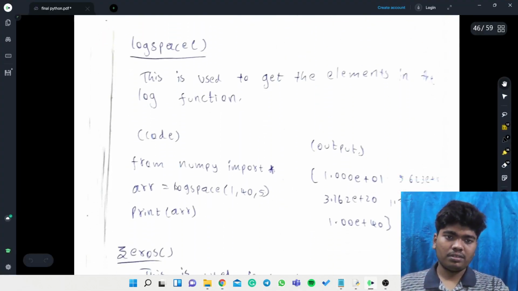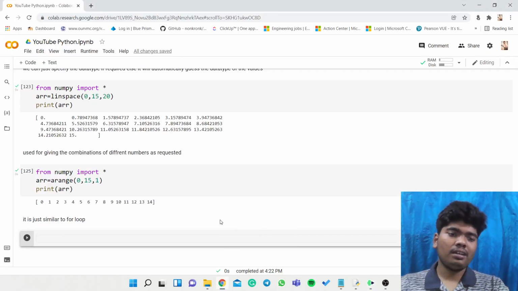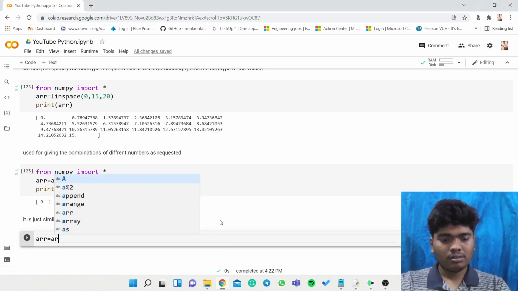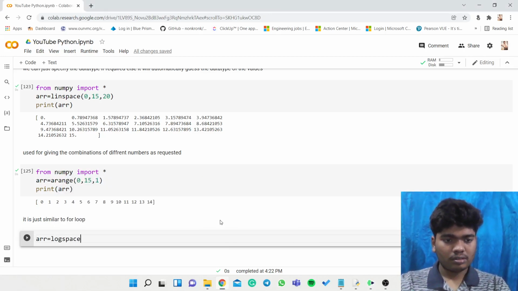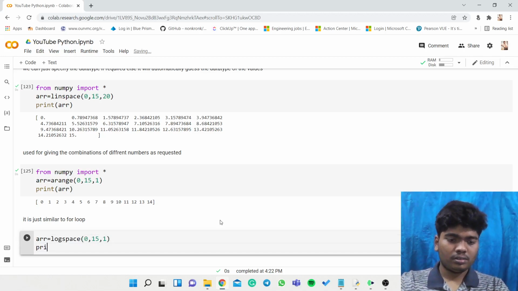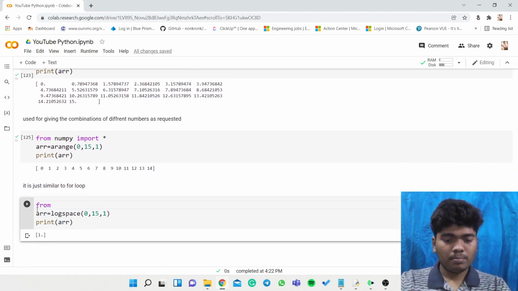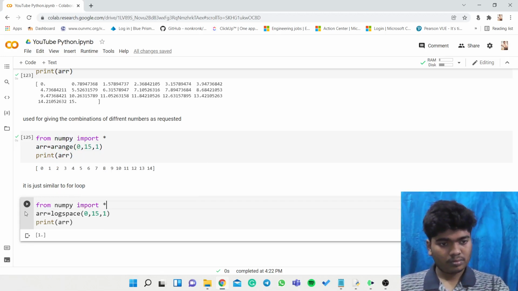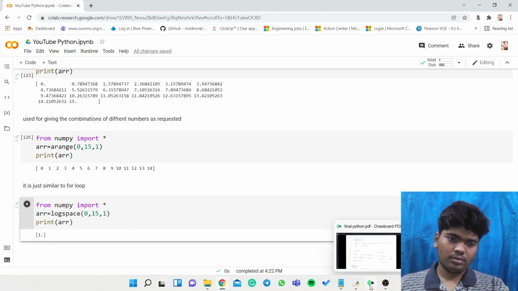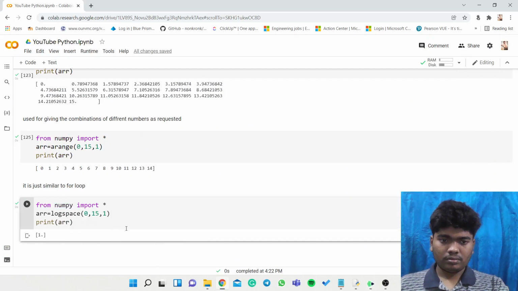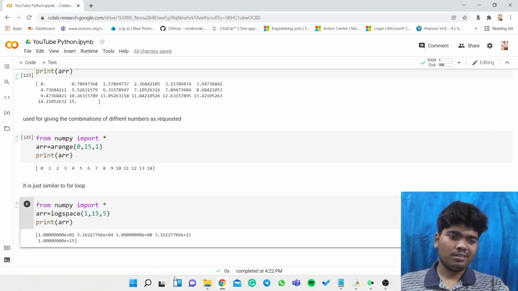And then the next one is logspace. It will represent the data in a logarithmic way. So arr is equal to logspace of 0 comma 15 comma 1. Print arr. We need to import NumPy. I think logarithms don't have the zeroth value.